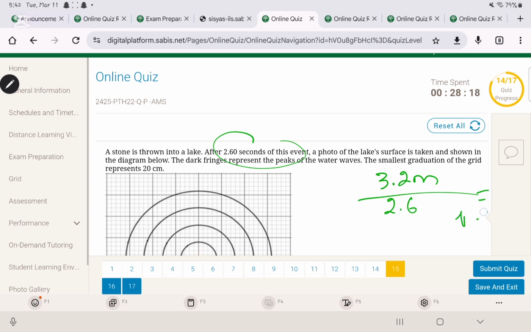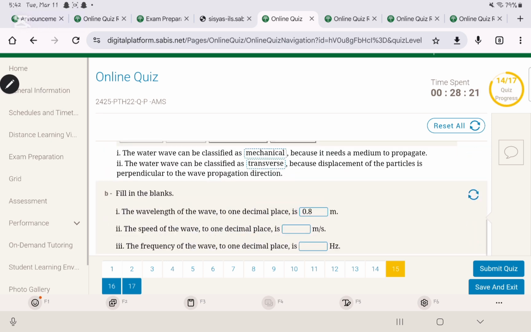you will get an answer, which is 1.23 meters per second. 1.23. Now, the frequency of the wave to 1 decimal place. You should know the equation: frequency is equal to what? It's equal to the wavelength